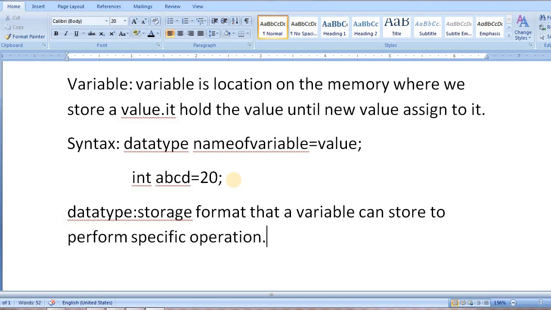Storage format that a variable can store to perform a specific operation means data type एक ऐसा format है according to the format we assign or we store